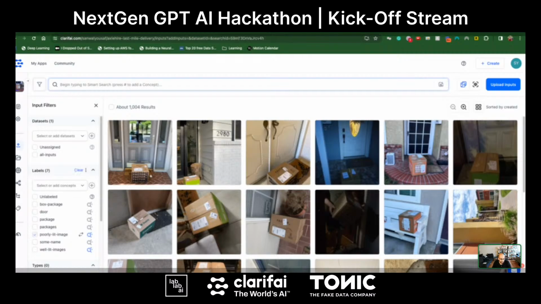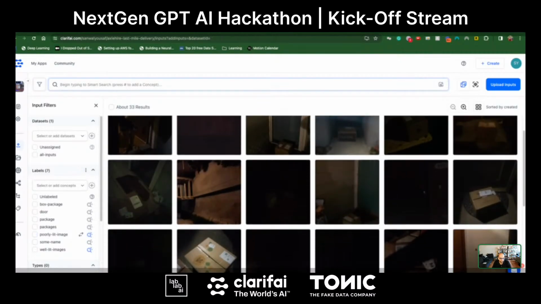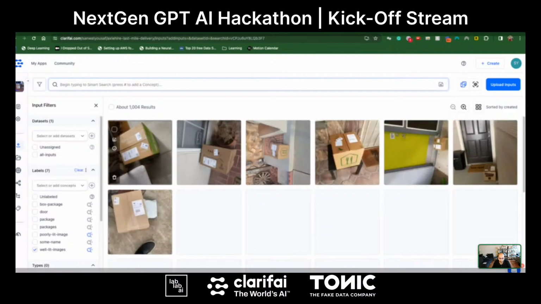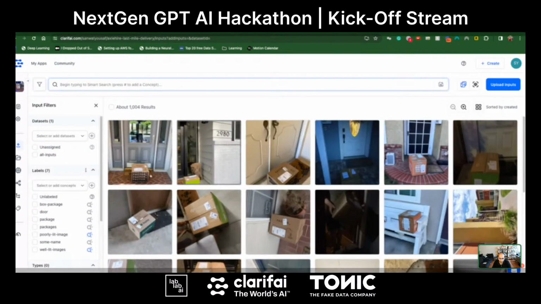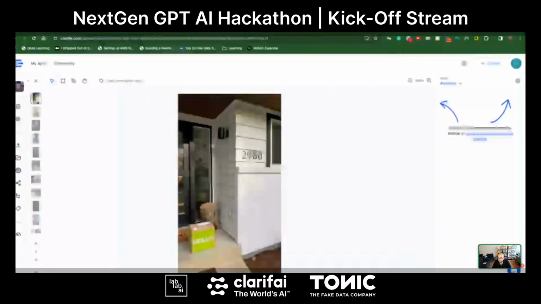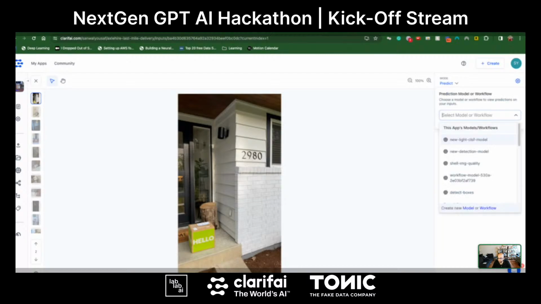And then we also labeled images as poorly lit images, about 33 in this case. And then custom training, and then well-lit images, about 65. It's about 100 images labeled there. And training a custom model classifier requires about 50 images per category, not that many. A detector would require about 250, but most of the classifiers will be fine with it.